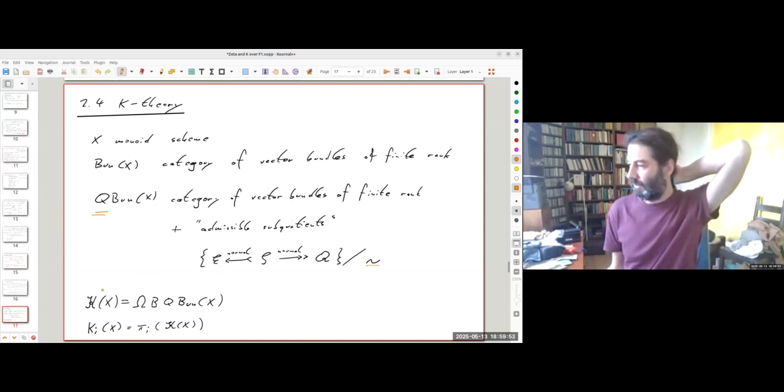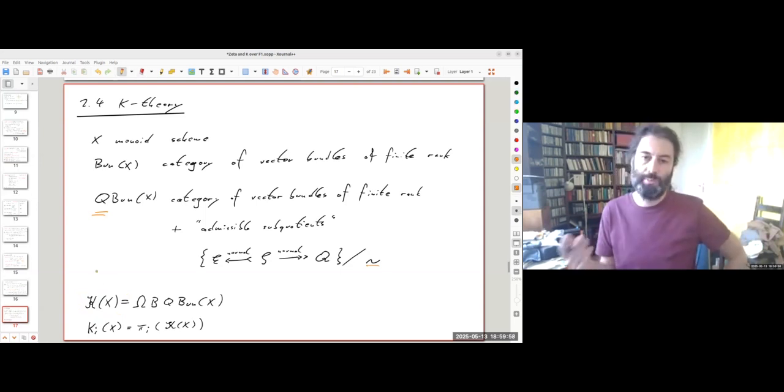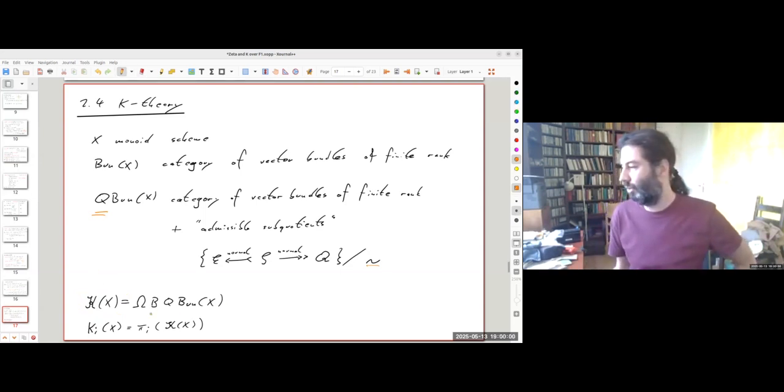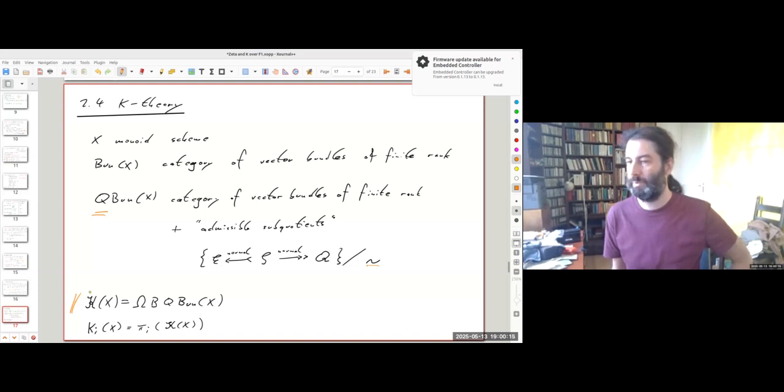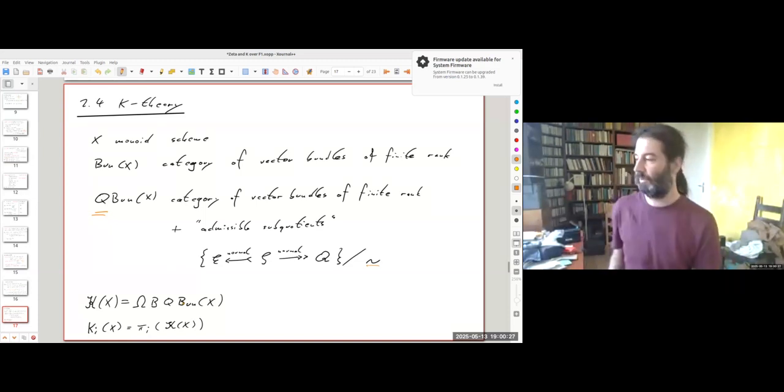And then we define the K-theory space. It's actually a spectrum in the sense of homotopical geometry, by taking the classifying space of Q1 X and looping this out once. So in homotopy theory, you use the script K for the spectrum. Then the usual Ki of X would be the homotopy group of this here. So that's kind of the definition of K-theory,